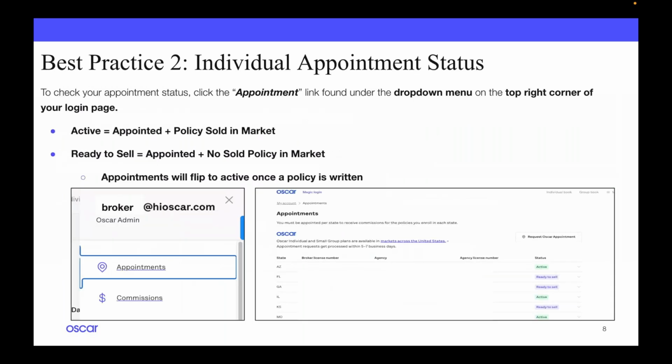Now let's say that your appointments have all been submitted. Now you want to check the status of them. You can check appointment status by navigating to the menu in your broker portal, then clicking on appointments. This will bring you over to the appointments page where you'll be able to see all of your appointments and